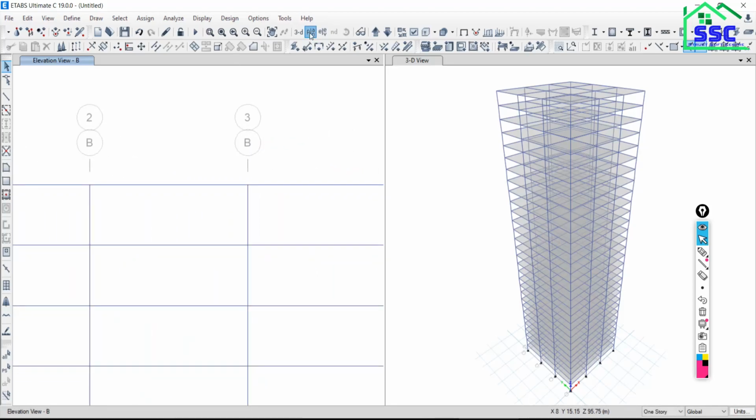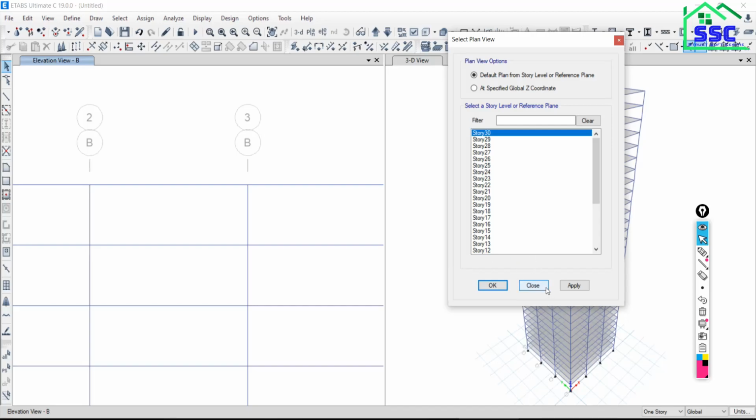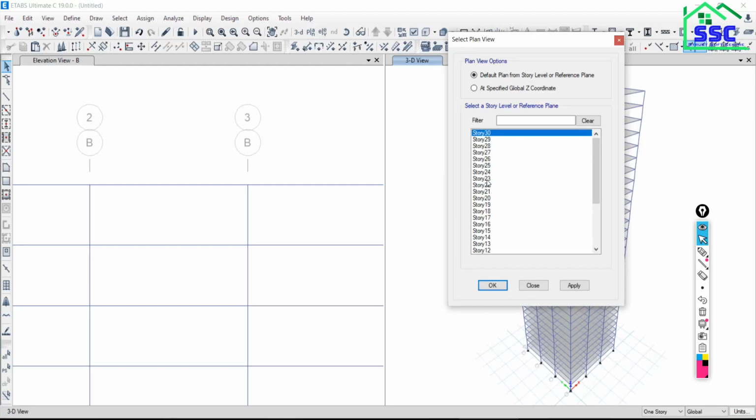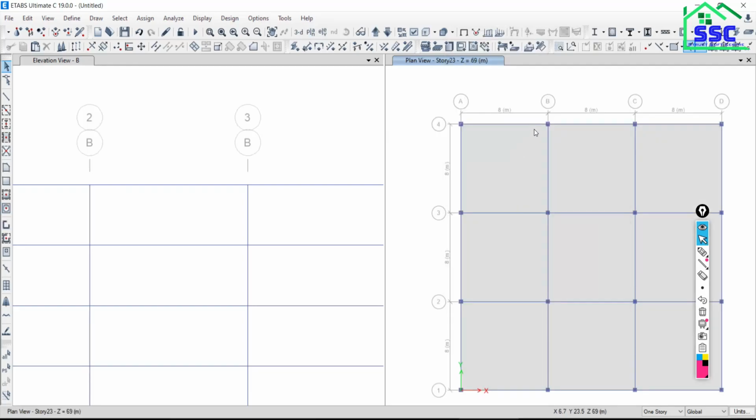Go to plan. Okay, make this view a plan view. Go to plan, any floor, 23. So along B, this line starts from this alignment. So this is the grid B. B intersection of what? 4.